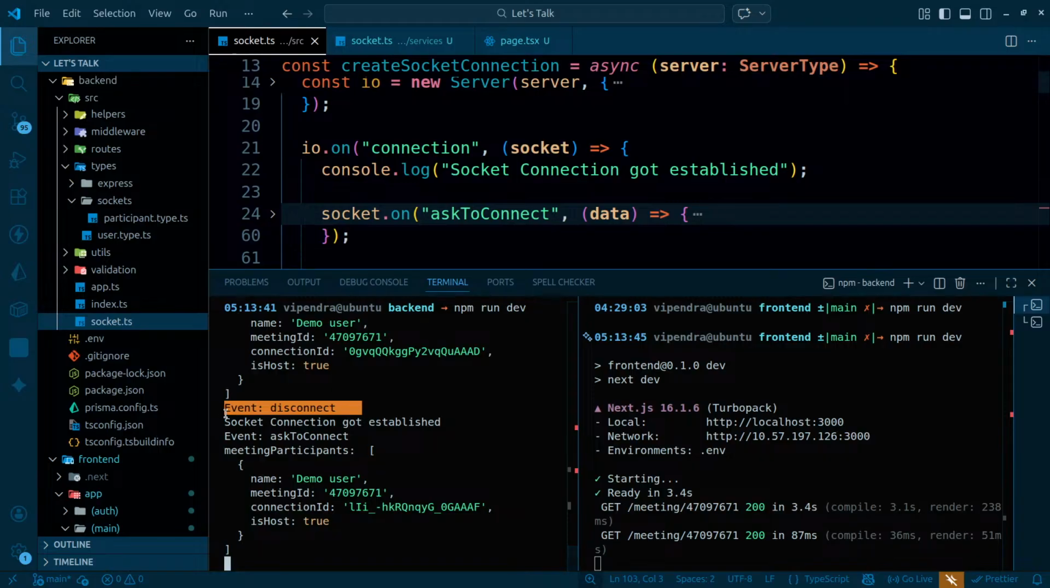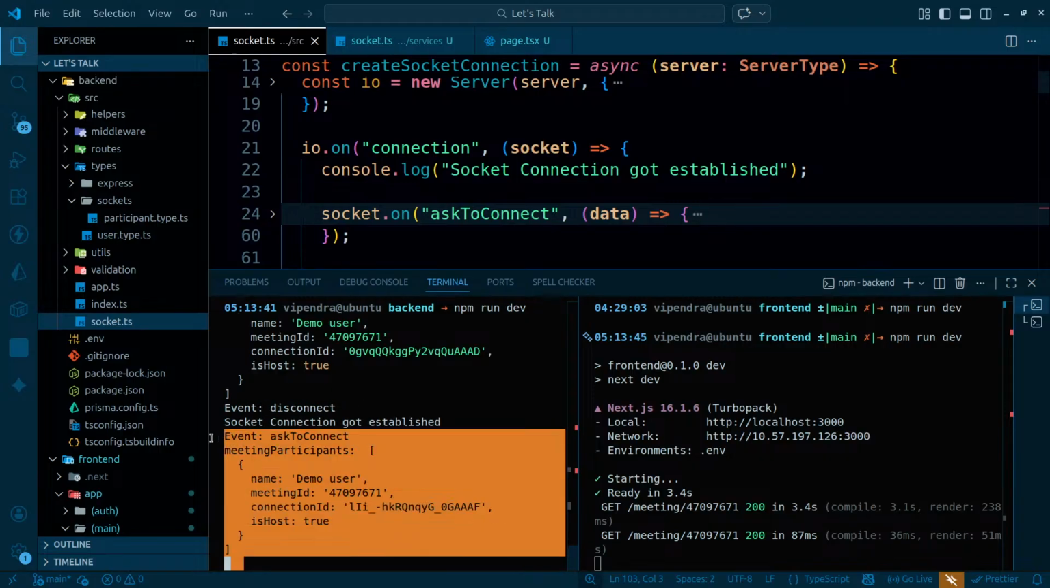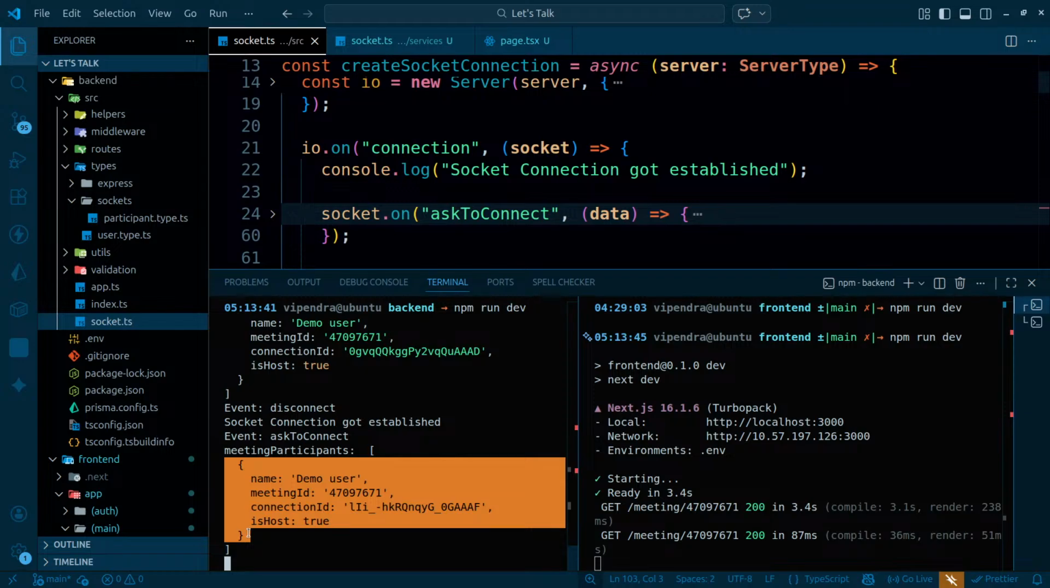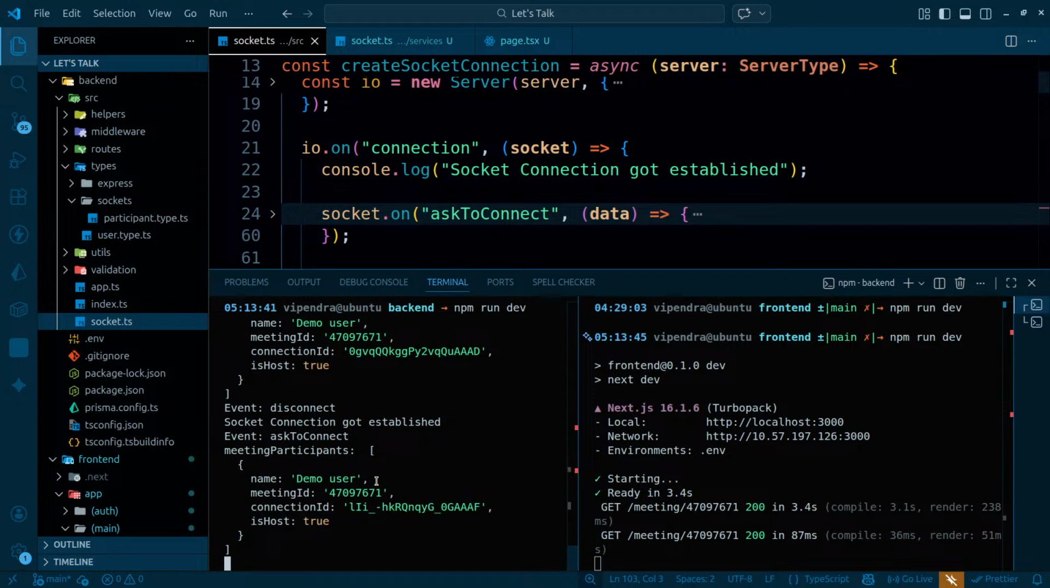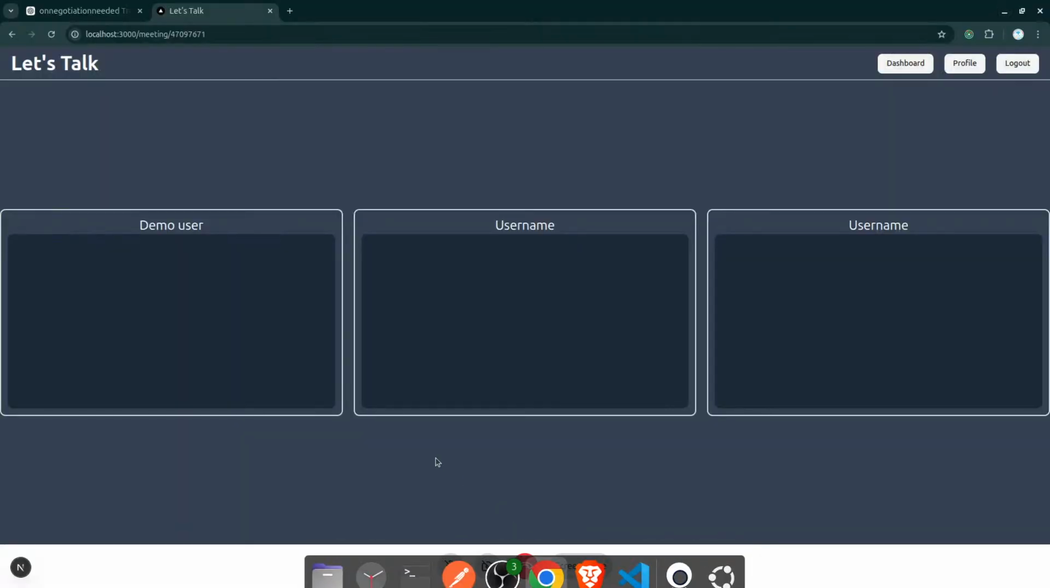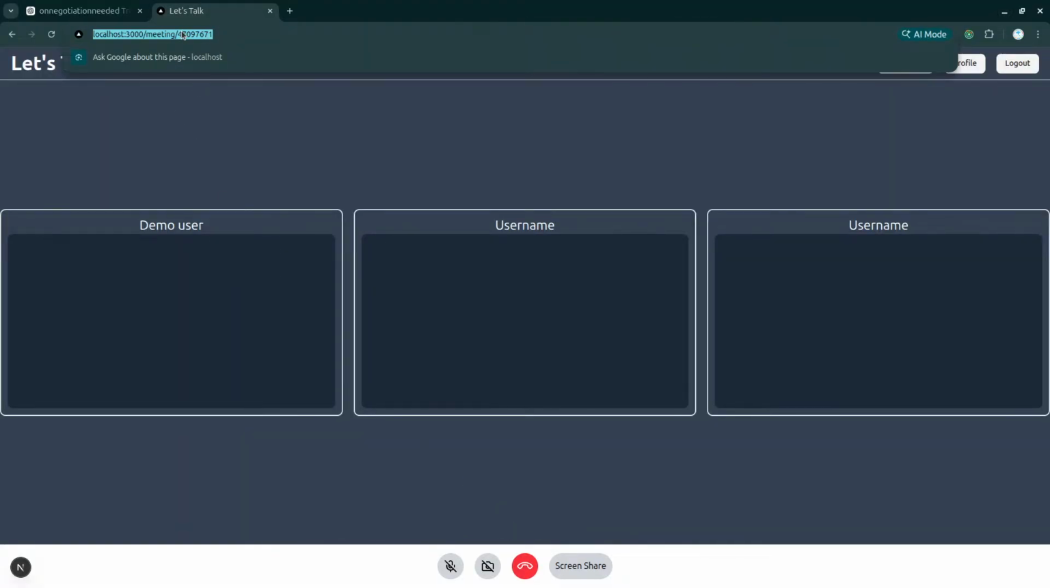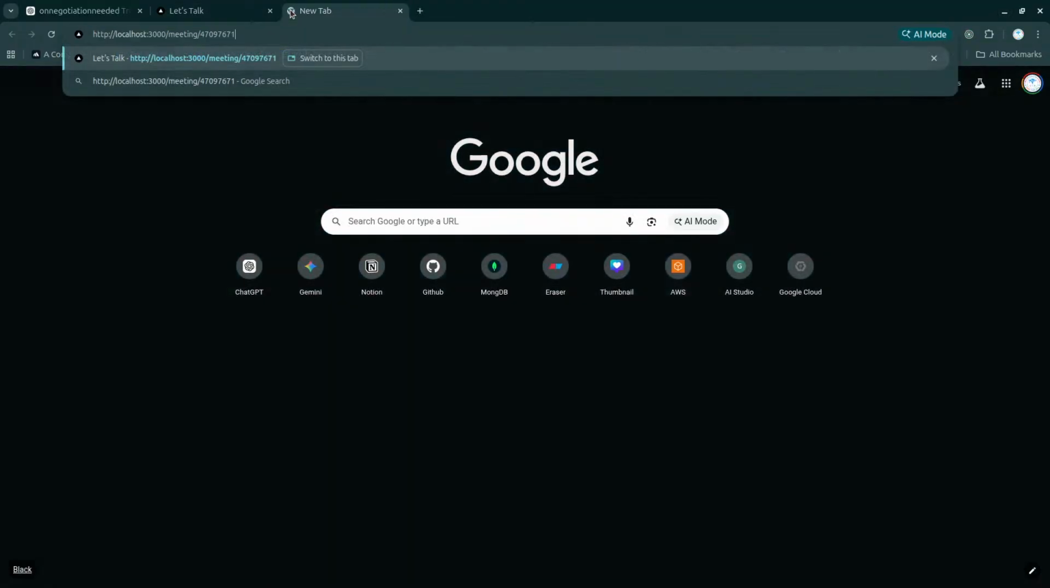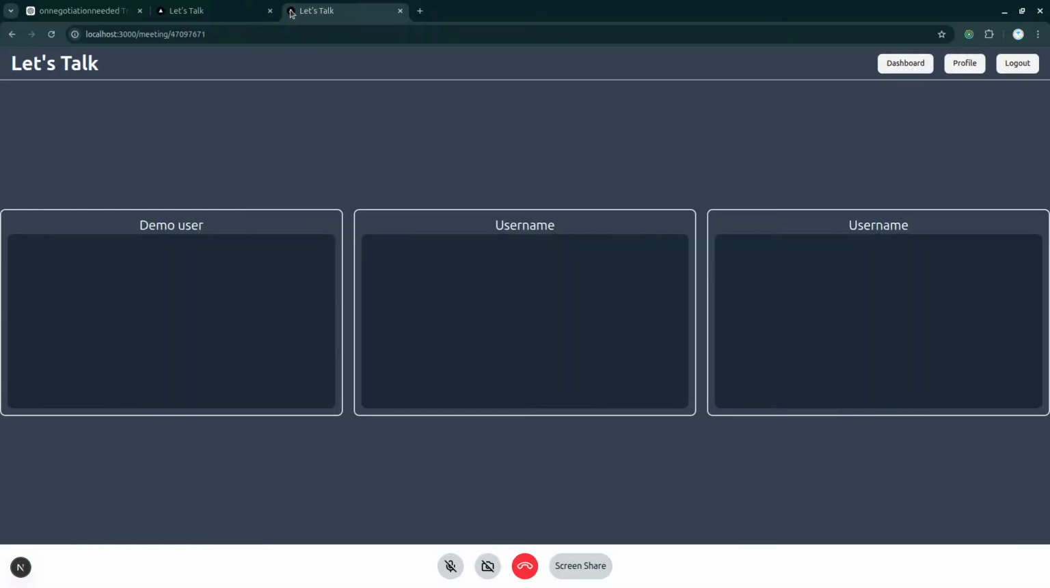Event disconnection, then after the connection, then asking the user to connect, and then connecting, and these are the meeting participants that I am showing. This is what is actually happening here, and that's kind of a great thing. This is one of the first users, and after that I can come back here again and simply click on this. Once I've clicked on this, this is the user who's trying to join the meeting,